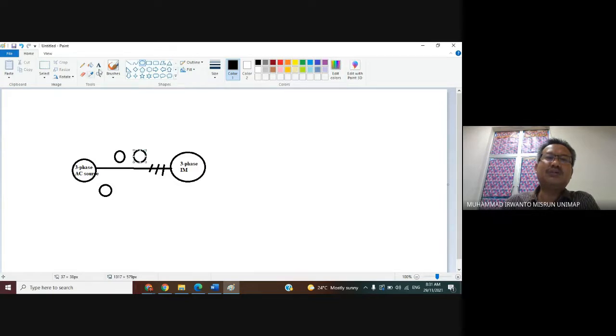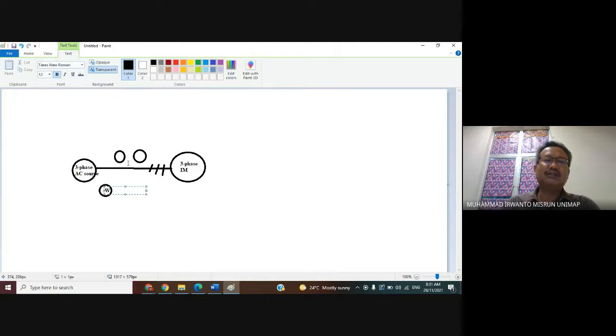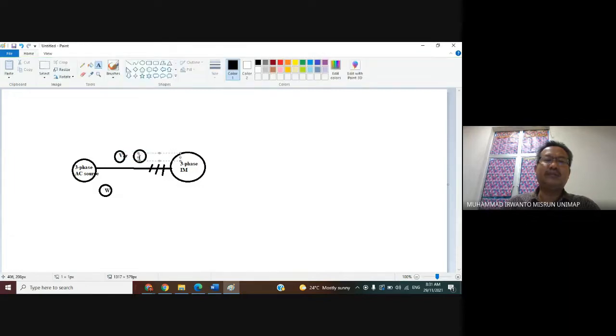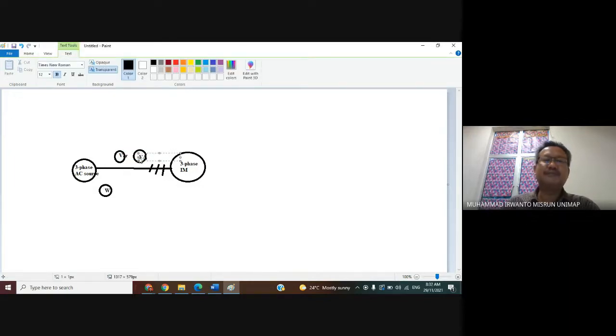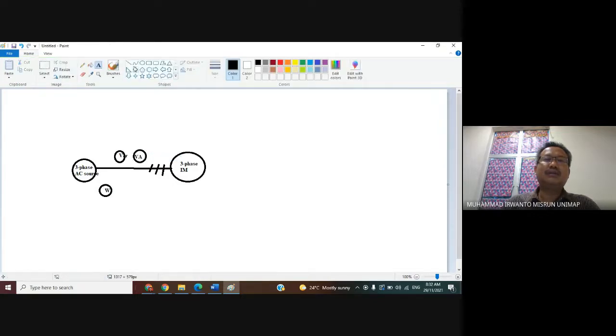For this we need a wattmeter, and this one is PR, and PA for apparent power, to measure it.